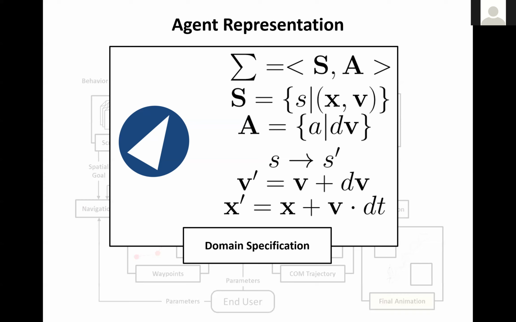Okay, any questions so far? So Joe is asking, how does state space representation change when the environment is an open world? These are very good questions. This is just an example of how you may model the state and action space of an agent, depending on the kind of agent you wish to model. Whether it's a humanoid, a simple robotic agent, or whatever it is that you might want to model, the state and action space, of course, changes drastically. And as you said, it is also a function of what environment this agent resides in. Those are things that you would consider as you develop your own agent simulations. Okay, let's keep going.